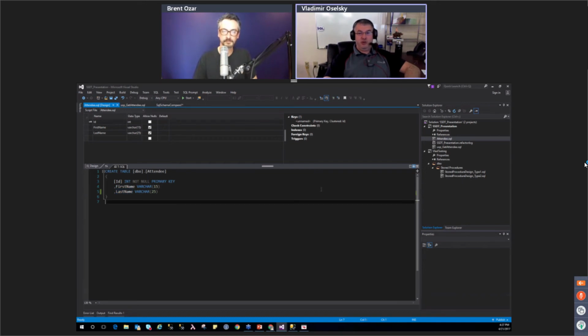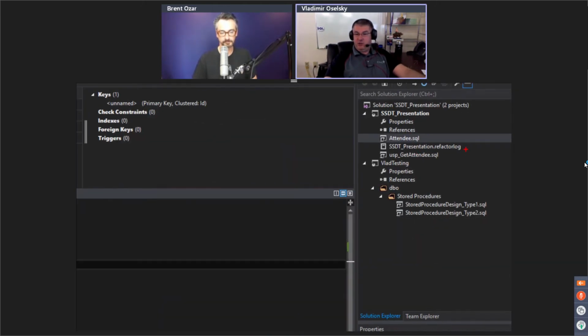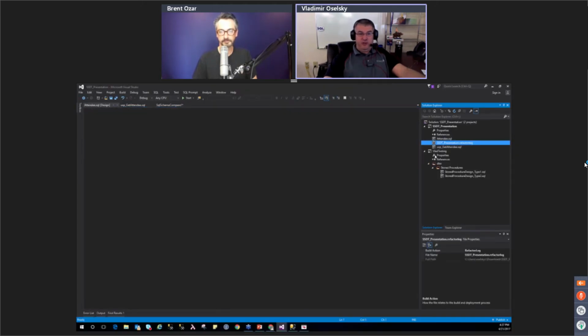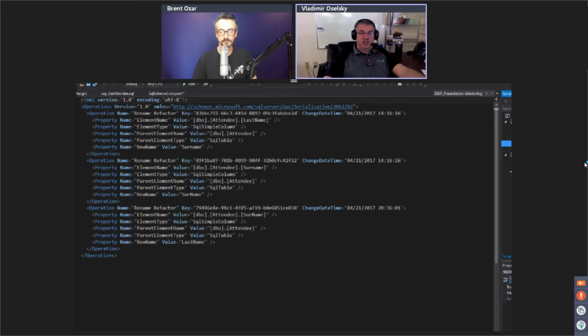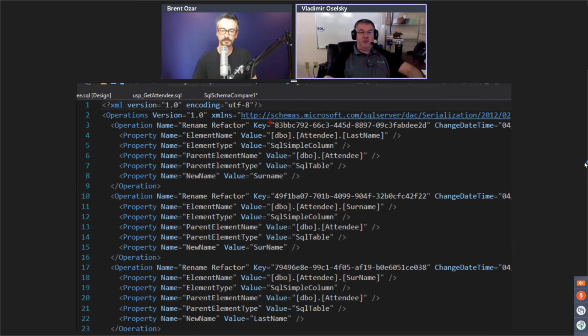One of the things that you will notice is a file here called refactor log. What it does is it saves whenever columns were changed. And if anybody is using Redgate products, this is something they can read, and when you're deploying, it can generate different code.